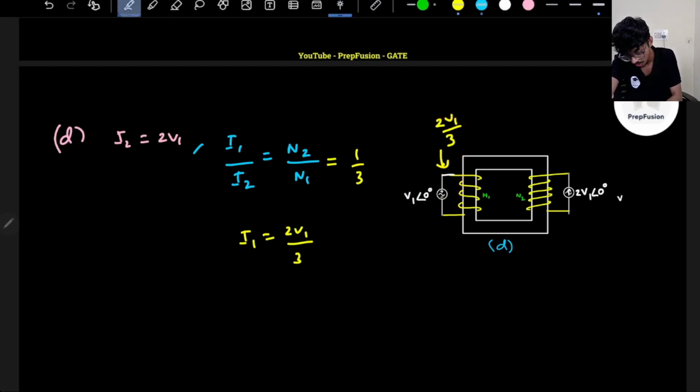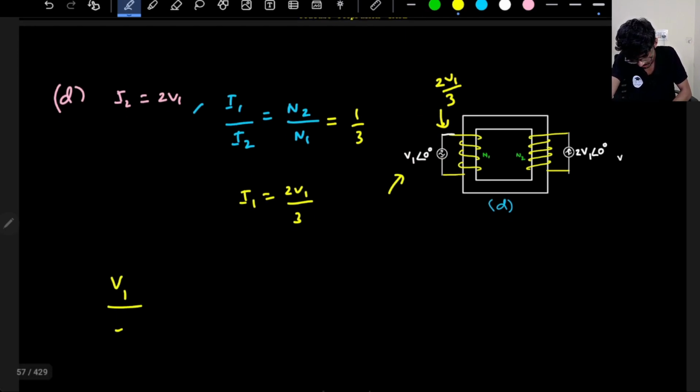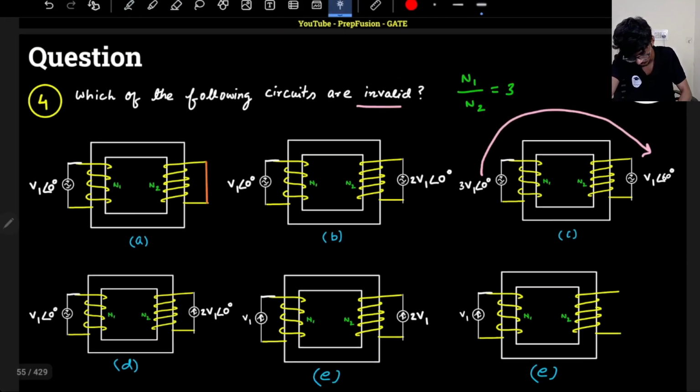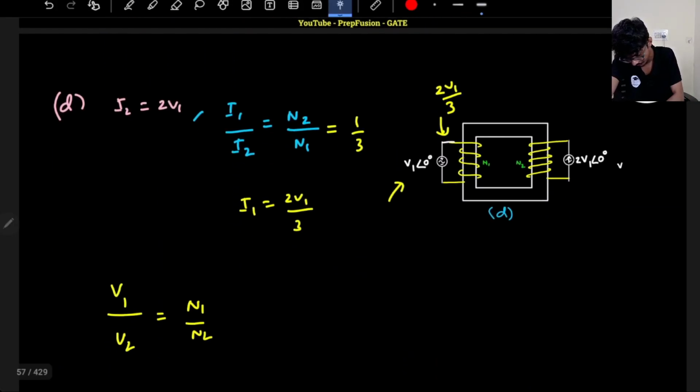What about this portion? So now this supply is telling me that the voltage of the primary winding is fixed, that is V1. So what will be the voltage across the secondary winding? That is V2. V2 will be what? N1 by N2, and N1 by N2 is 3. So this will be equals to